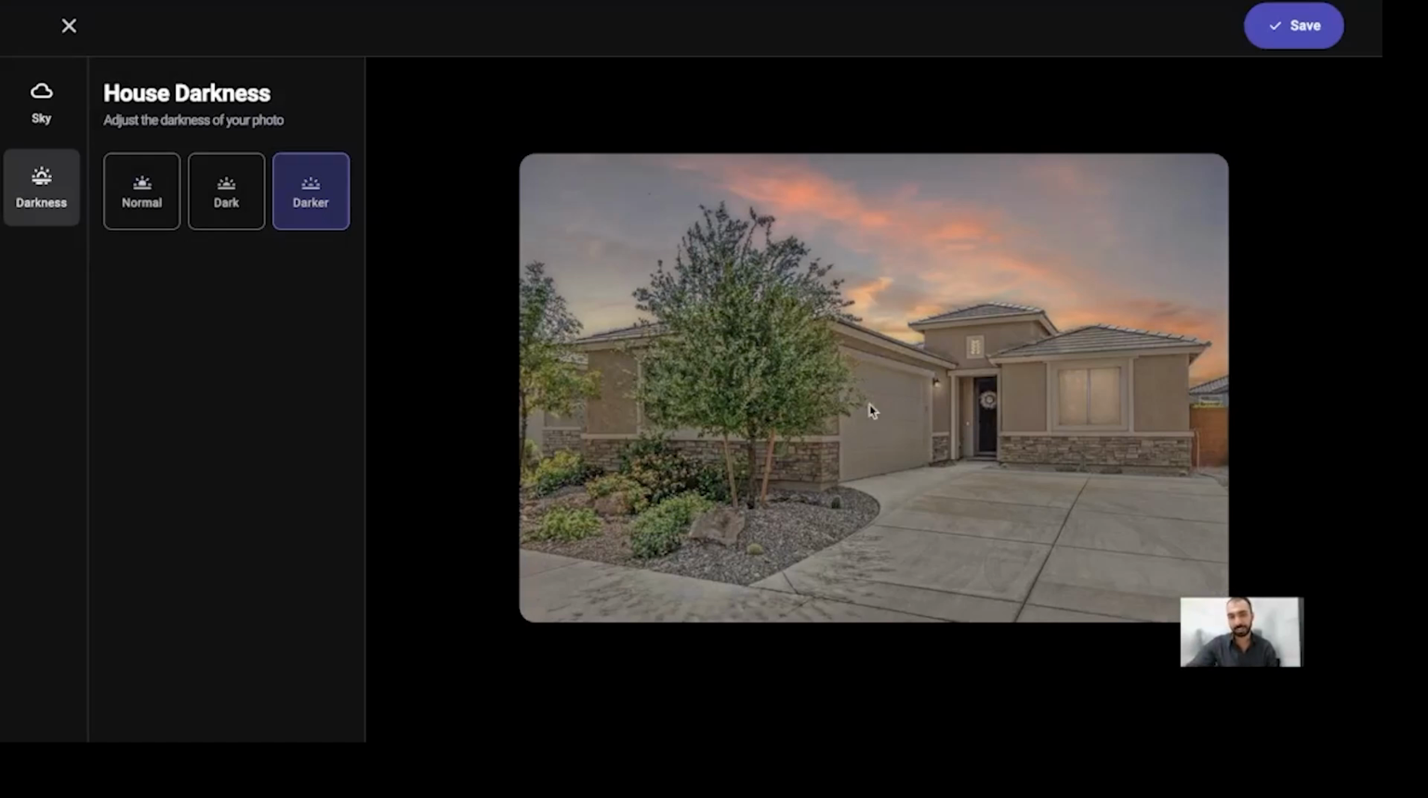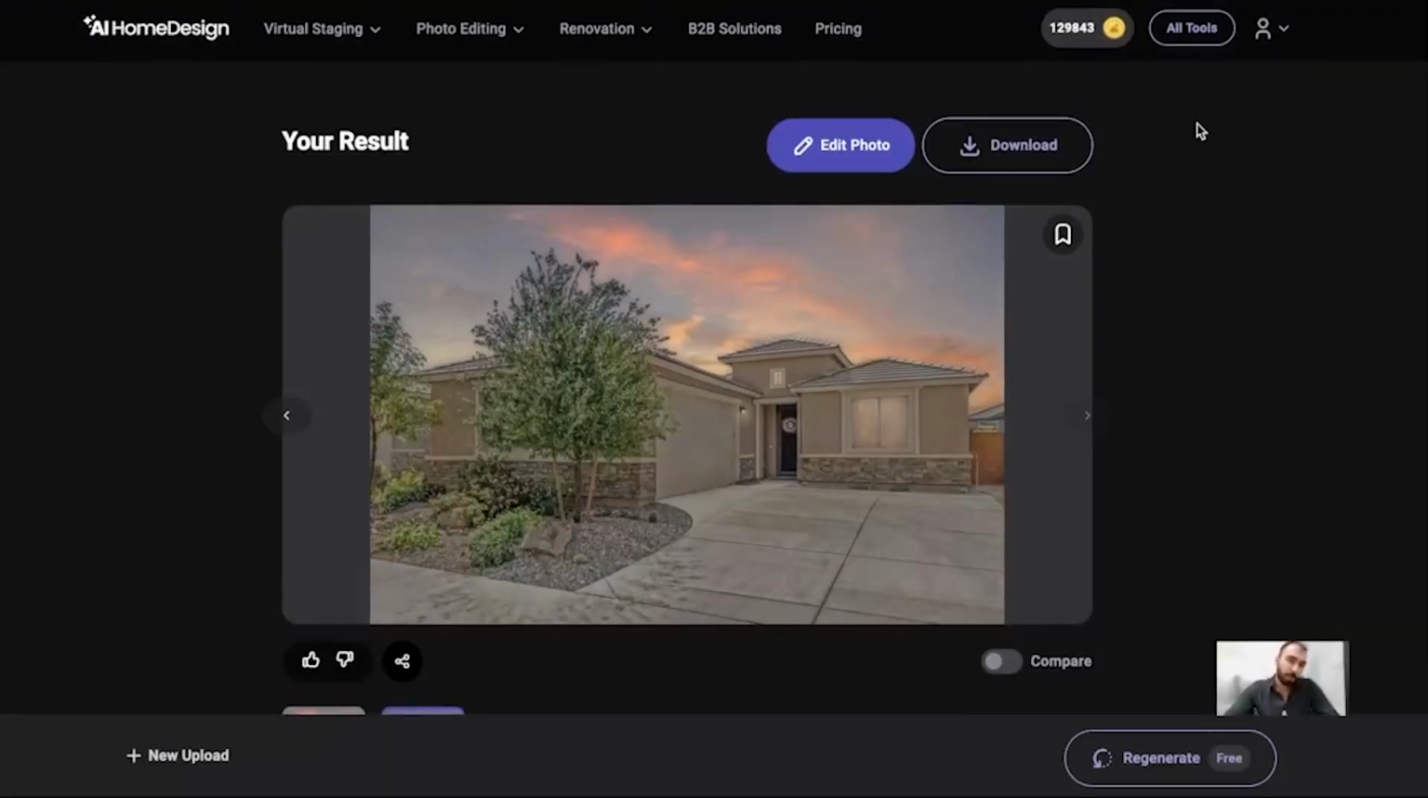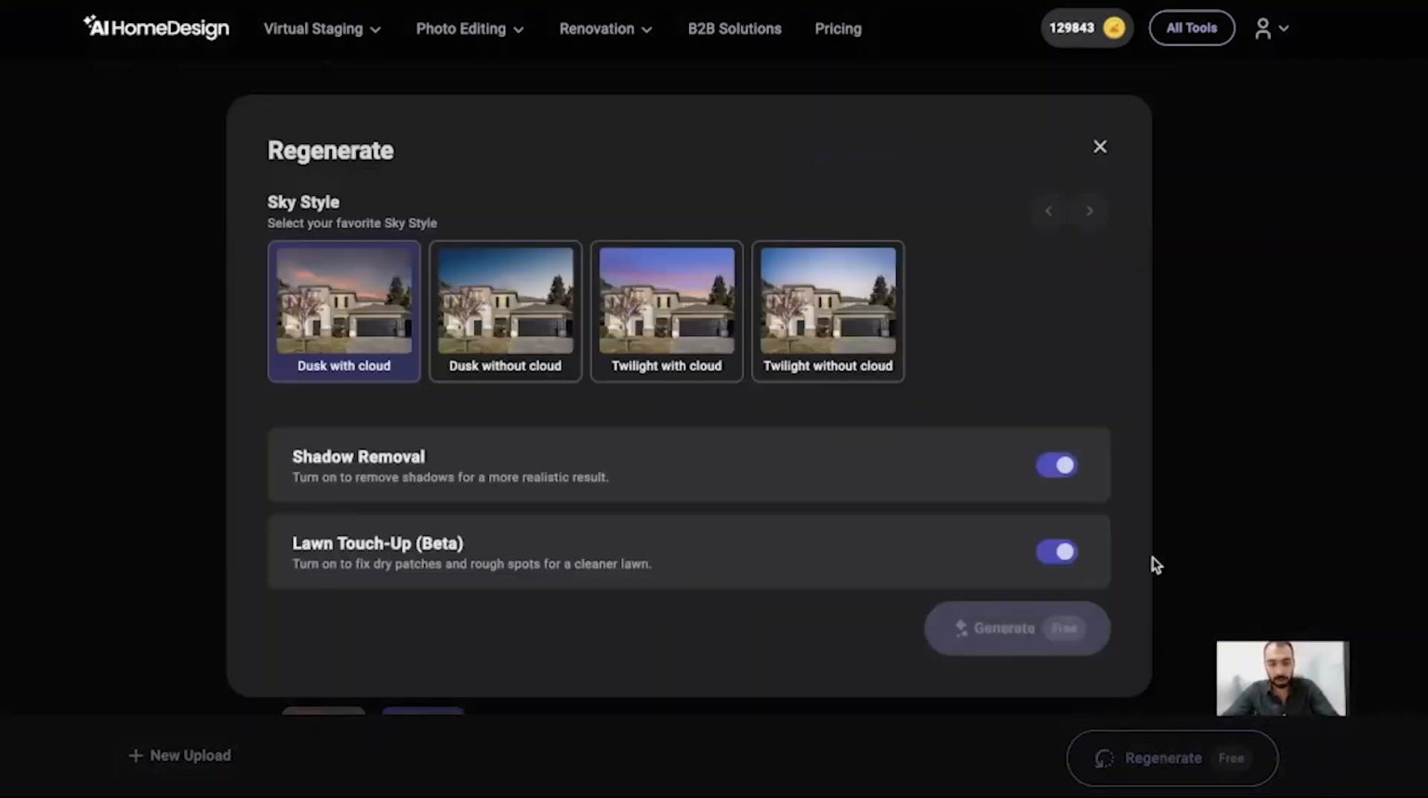As you can see, the property now is way darker. By clicking on save, I'm all done. Keep in mind that regenerations are free on all of our AI tools. Just like our AI virtual staging, I can click on regenerate for free again and choose either the same preferences